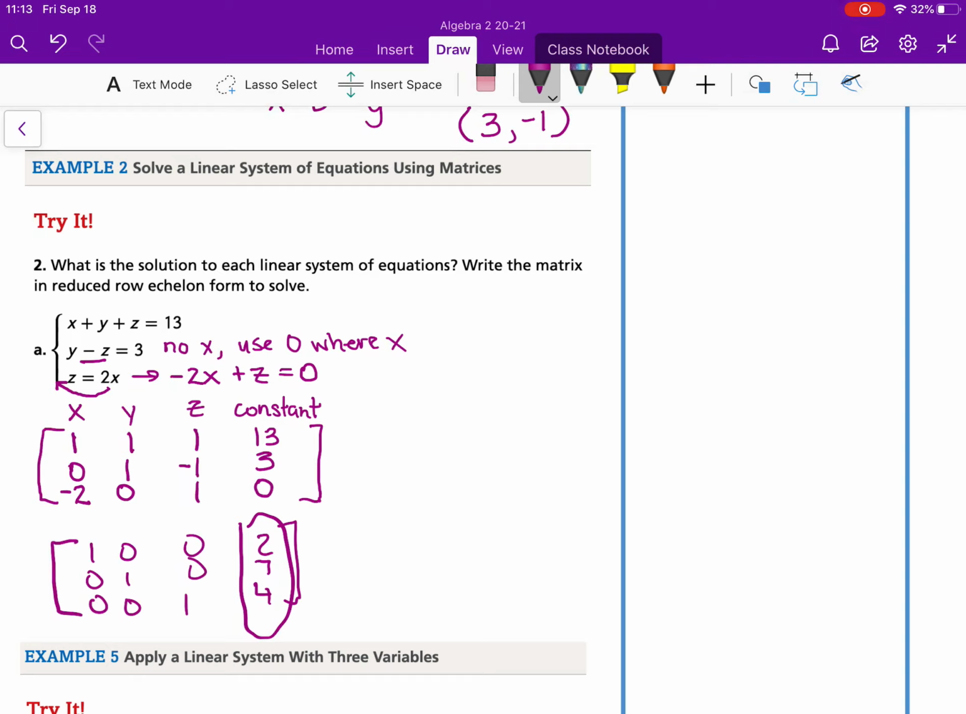Okay. Remember, your answer is always the last column after these are turned into what's called our identity matrix, where ones go down the diagonal. Our last column is the answer. So x equals 2, y equals 7, z equals 4. It is possible to write that as the point (2, 7, 4). All right, so now you try it, and then we will do